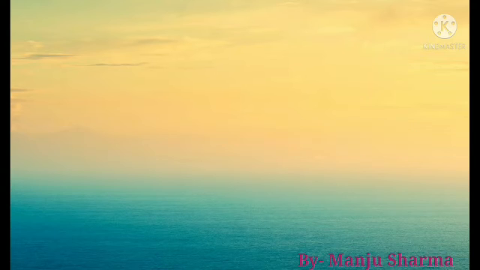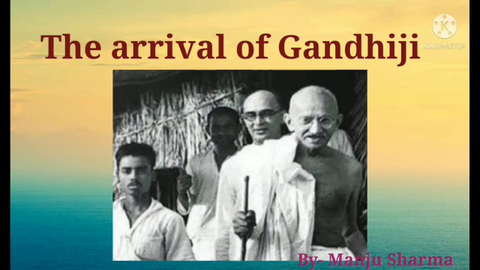Meanwhile, the arrival of Gandhiji. Gandhiji is considered to be the most important leader of the national movement. His chief contribution to the national movement was that he made the Indian national movement a mass movement. After spending about 20 years in South Africa fighting against the discriminatory practices of the government in a peaceful manner, Gandhiji came back to India in 1915, and in the first phase of his life here he established an ashram on the bank of the river Sabarmati, and he started the Satyagraha movement. Satyagraha was one of the greatest weapons of Gandhiji.